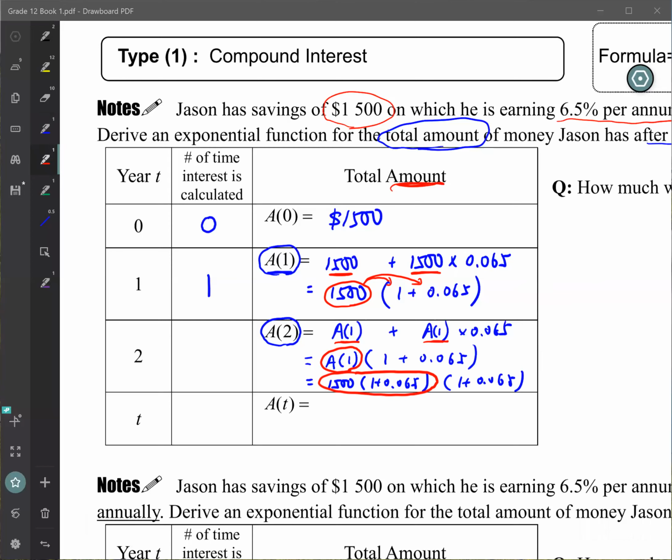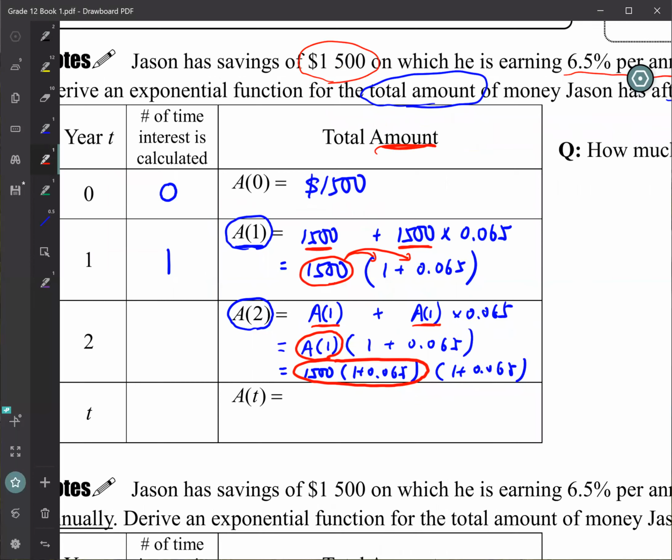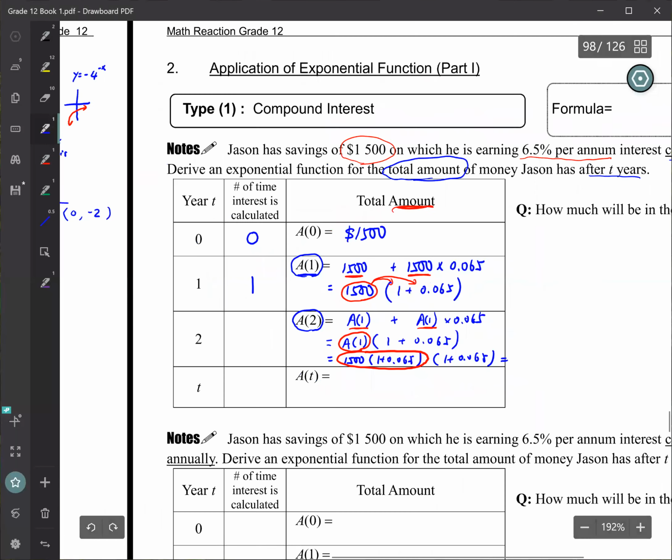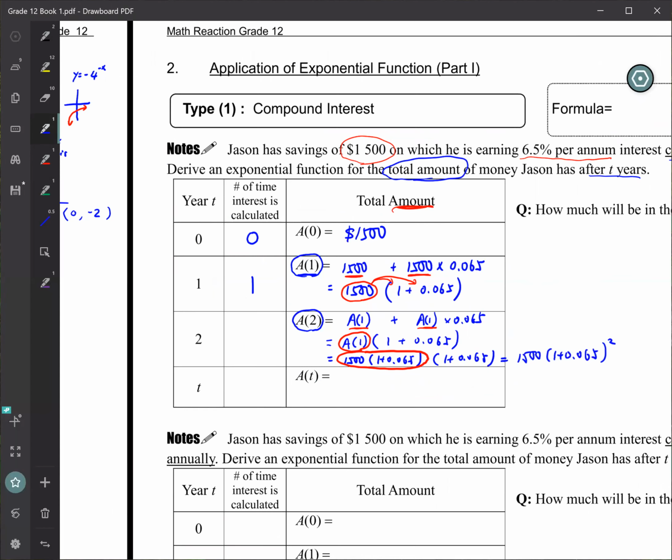Okay, I'm just replacing A1 with what we got on the last box. Now, as you can see, the two brackets have the same thing, right? They both have 1 plus 0.065, right? So they can multiply and then write it as 1500 times 1 plus 0.065 squared. Okay? So for 2 years, you calculate the interest 2 times, so the money will be 1,500, 1 plus 0.065 to the